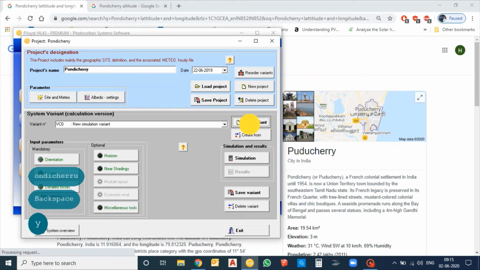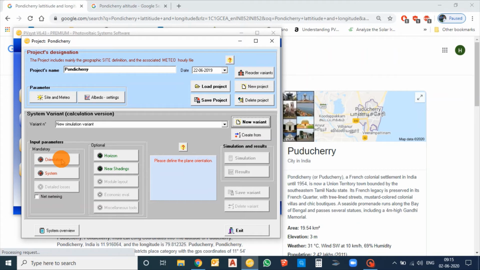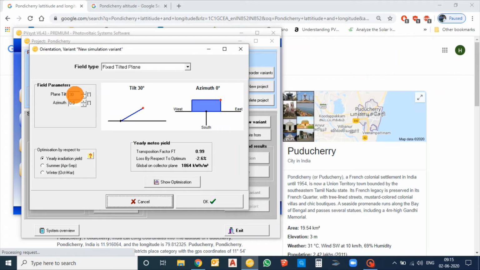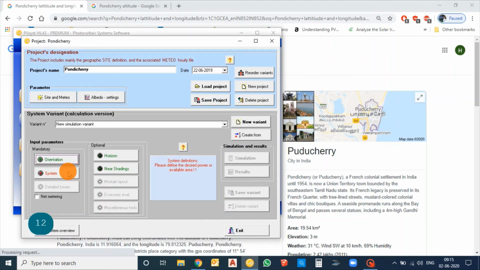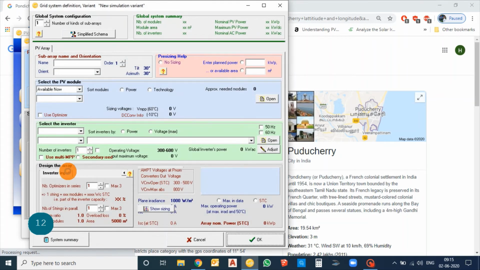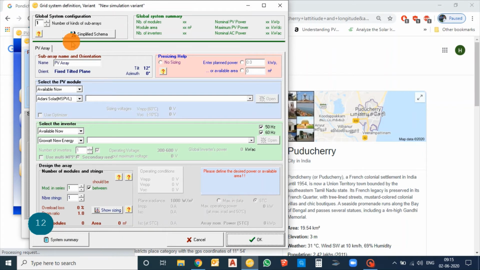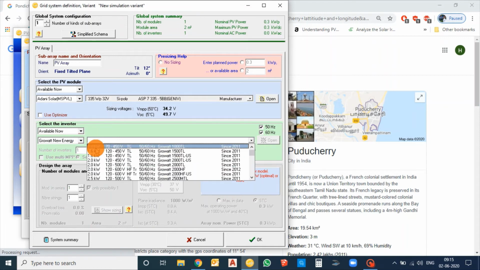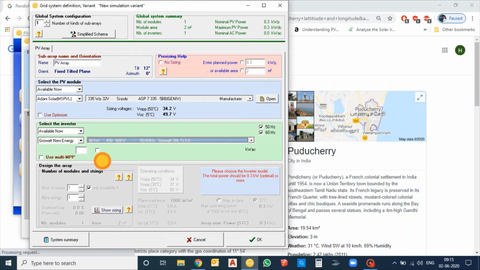Just create a new variant and after this give the inputs. I'm using 12 degrees of tilt and azimuth 0, and for system design I'm going with a simple one. I'm choosing an Adani 335 watt peak module and a 30 kilowatt inverter.